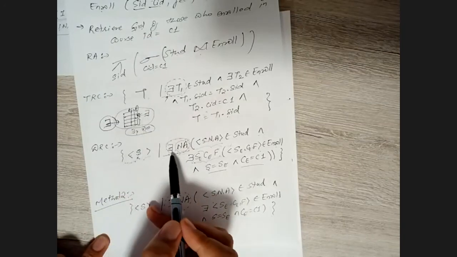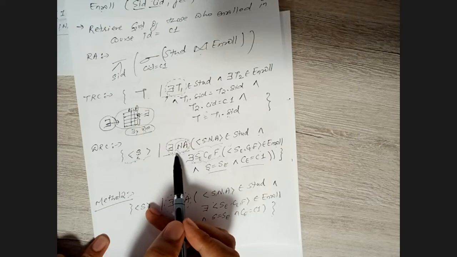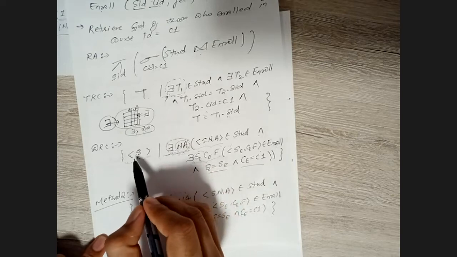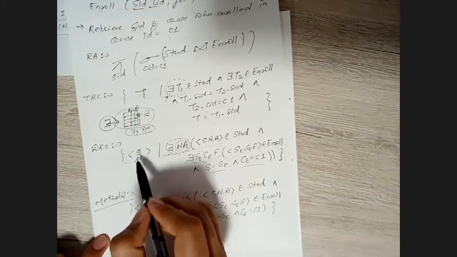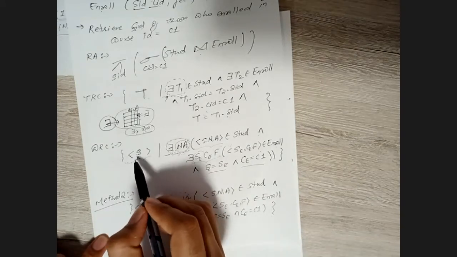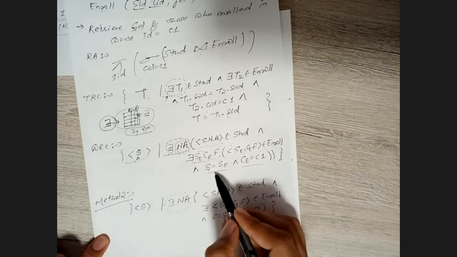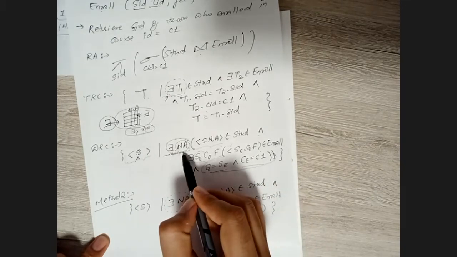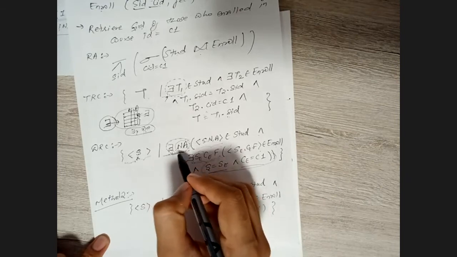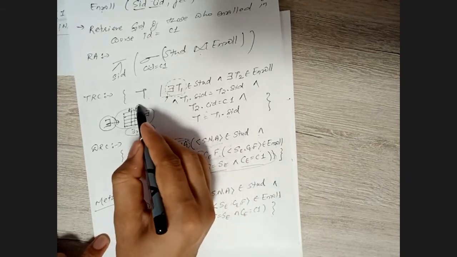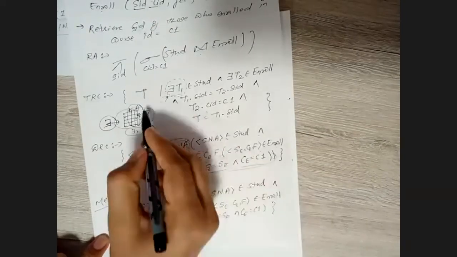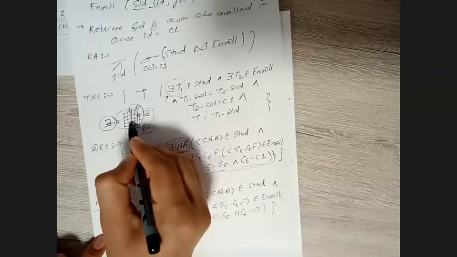It doesn't mean I have excluded s from here, but s values are there. The values which are being reflected are written here, but the selection of those values is based on these conditions, not from here. So there exists n, a means I am checking the condition over these attributes n, a, and for every attribute I am going to check the condition.